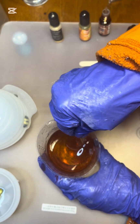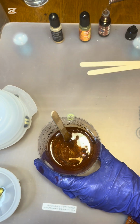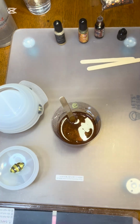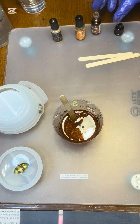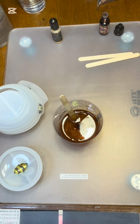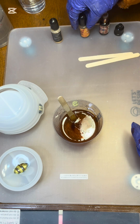I like that better than the other one. Let me see here. Let me move you guys back a little bit so it stops blurring on you. I'm gonna put 3 more of the caramel, 1 more of the marigold,